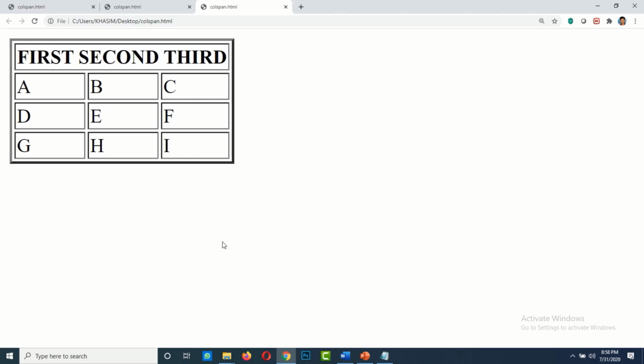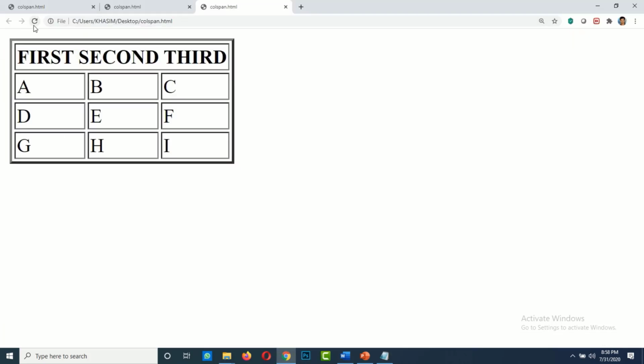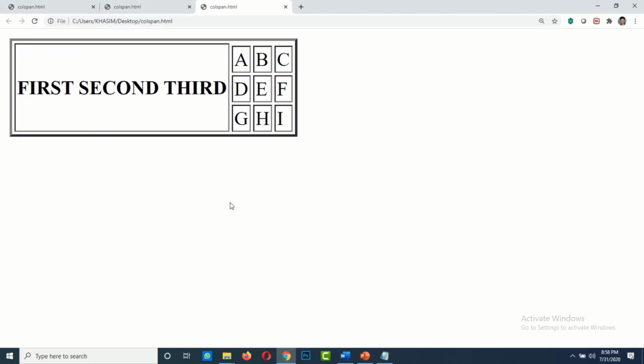Now I am going to see how to span the rows. See, to span the rows, first you have to know how many rows you have. Totally you have 4 rows. For that, I am going to change it to rowspan equals 4. Why 4? Because you have 4 rows. Now go to the file menu, click on save. See, the 4 rows are spanned into one. With this, we complete all the topics in HTML tables.